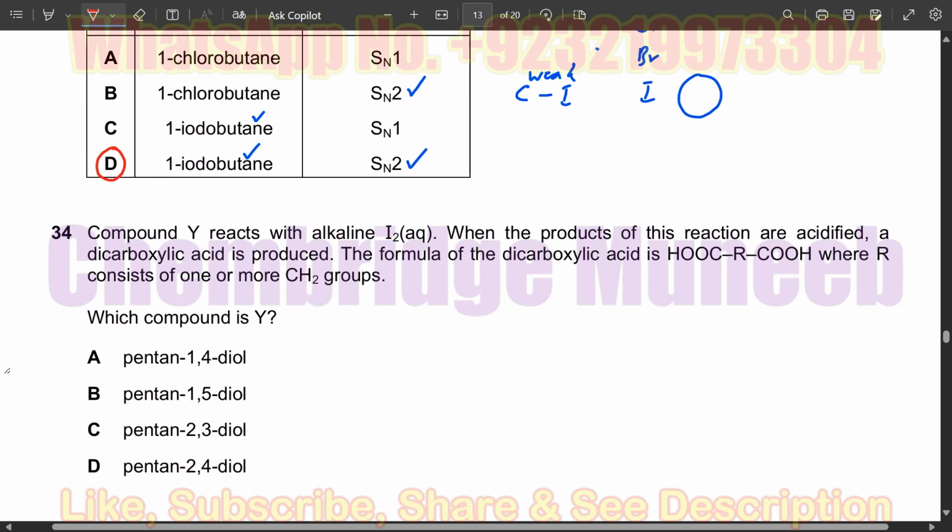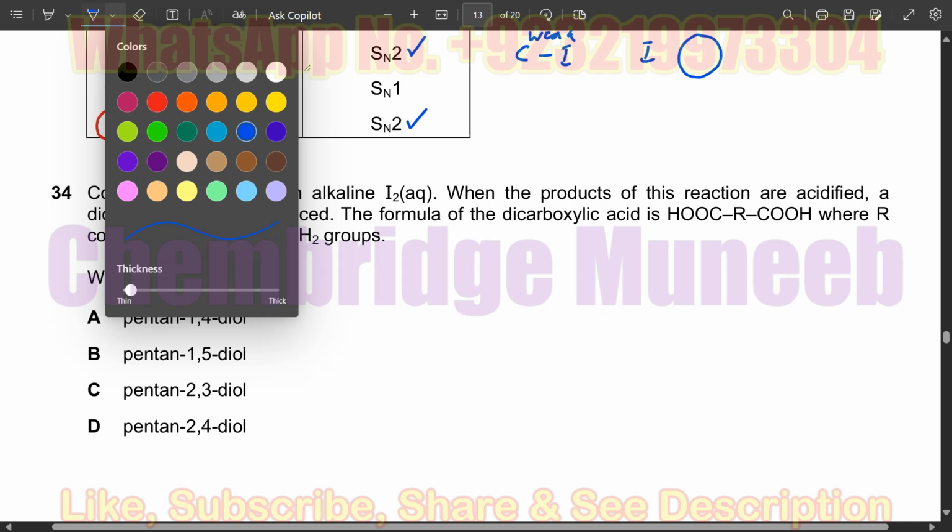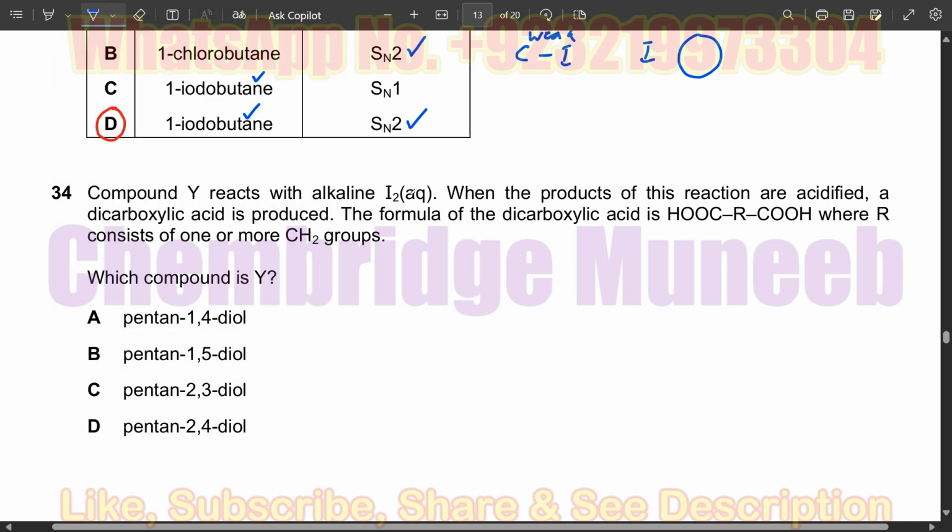Then question number 34. Compound Y reacts with alkaline I2. When the product of this reaction is acidified, a dicarboxylic acid is produced. The formula of the dicarboxylic acid is given, where R consists of 1 or more CH2. Which compound is Y? So we have to consider